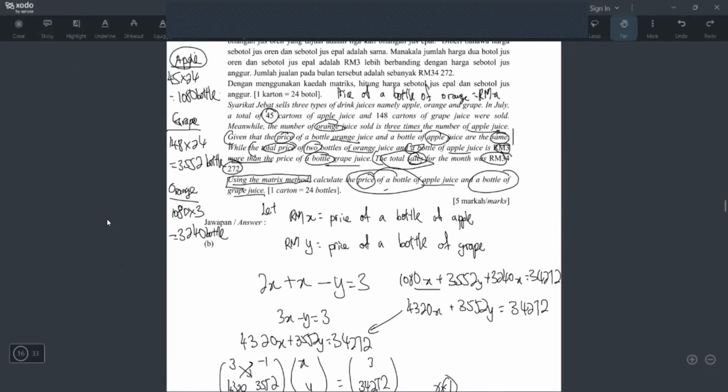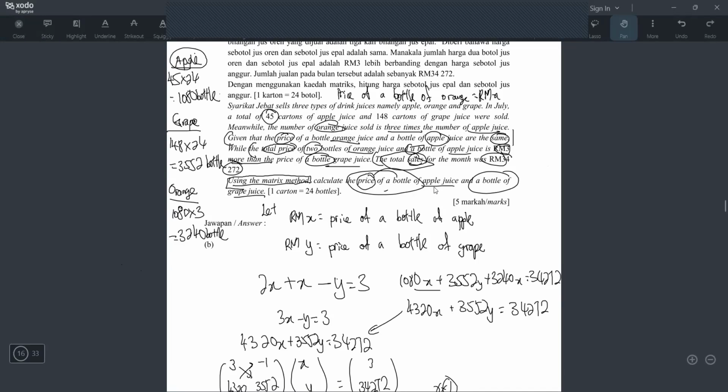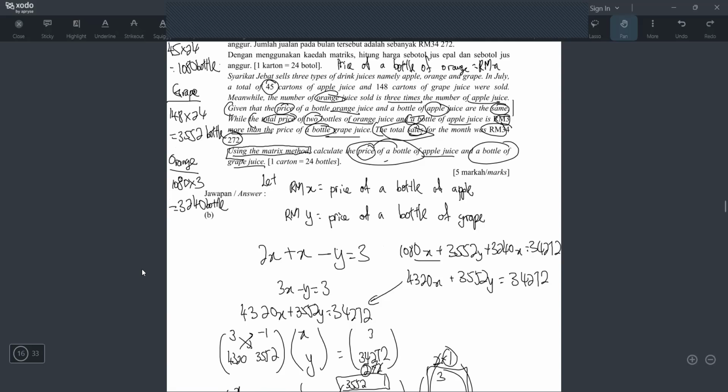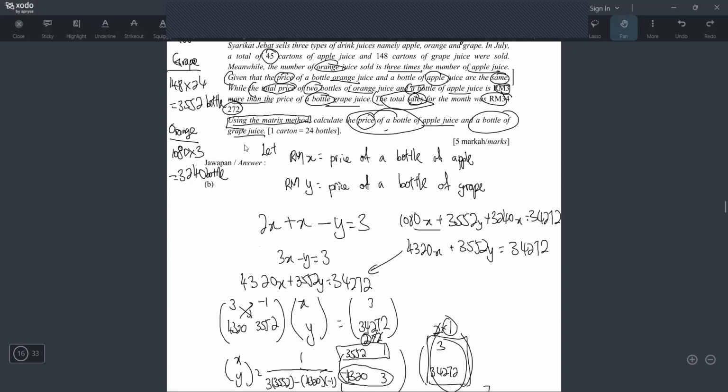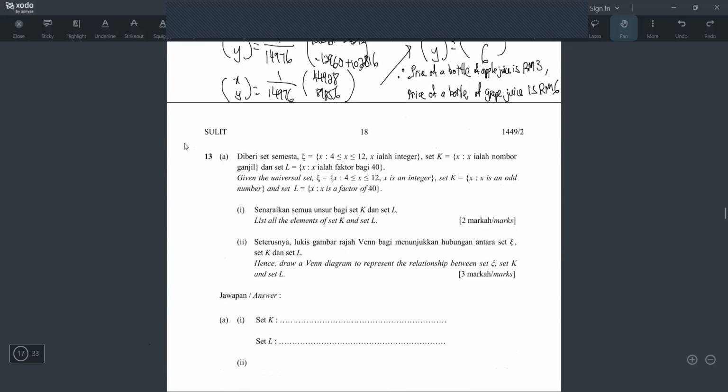Okay, one final time I want to repeat the tip I gave you just now. Always when we do simultaneous equations, we look at the last line, right? Whatever they want to find, just let it become X and Y, then you can do it already. Always start by doing it like this. Look at the last line, make it XY. See what they want to find. If they want to find price, you let price equal XY. If they want to find mass, then let mass equal XY. And then keep going.